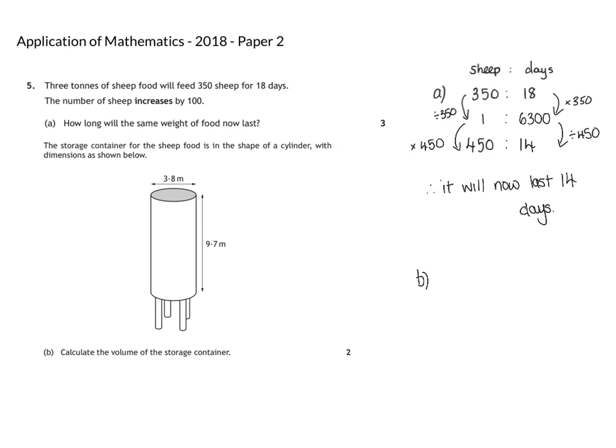Right, so for part B, a storage container for the sheep food is in the shape of a cylinder with the dimensions shown below. We have to calculate the volume of the cylinder. So we have volume is equal to pi r squared h for a cylinder. You need to be careful because this here is the distance across the cylinder, and that is our diameter, not our radius, so we have to half it. So it is pi times half of that, which is 1.9, which has got to be squared, and then we times it by 9.7, and that gives us an answer of